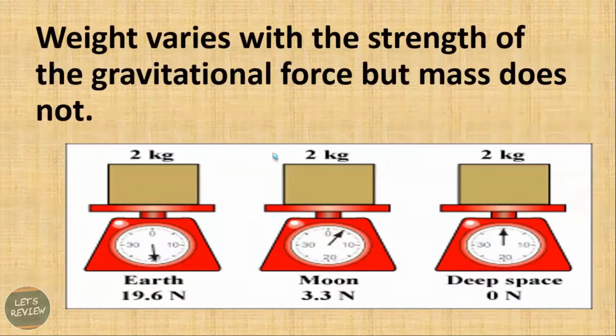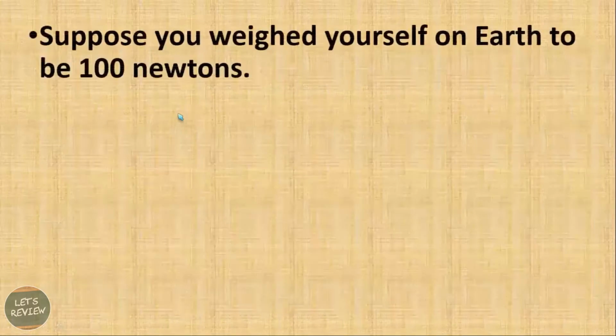Look at the difference. I have 2 kilograms. That's the mass of the object. Same object, same scale, and I'm going to place it on Earth, Moon, and deep space. Look at the difference: weight varies with the strength of the gravitational force, but mass does not. Always remember that. For you to be able to measure the weight of an object, there should be gravity on